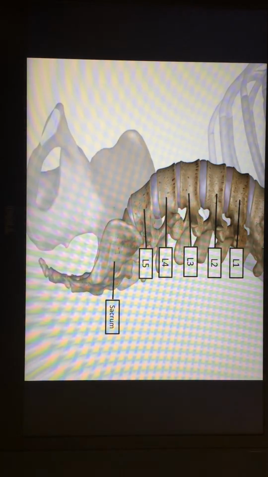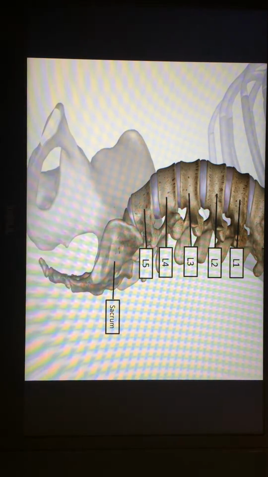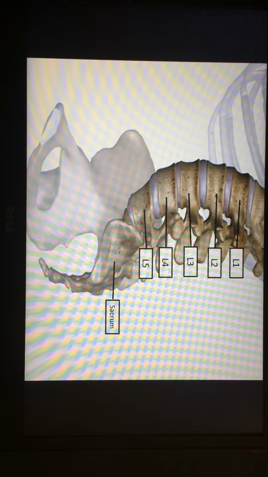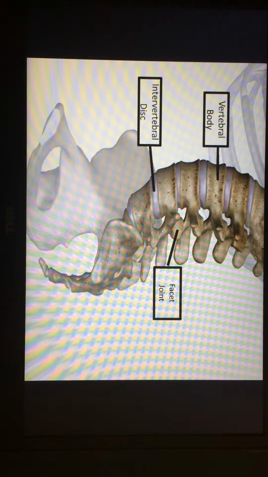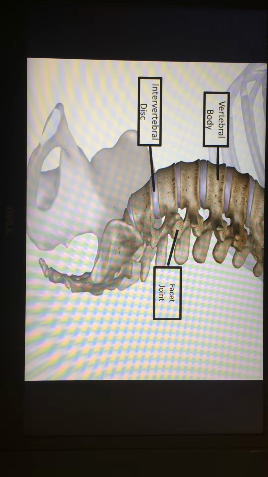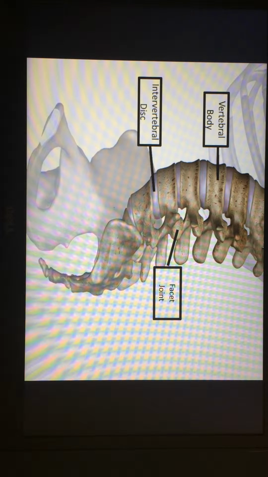The lumbar spine is composed of 5 vertebral bodies and sits on top of the sacrum. The vertebral bodies of the low back are the largest of the spine because they bear the majority of the body's weight. Every level of the lumbar spine is composed of the same elements: the vertebral body, the building blocks of the spine; the facet joints, the small stabilizing joints located between and behind each adjacent vertebrae; and the intervertebral disc, which provides a cushion between each of the vertebral bodies and binds them together.